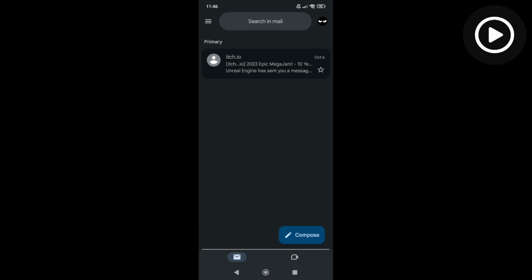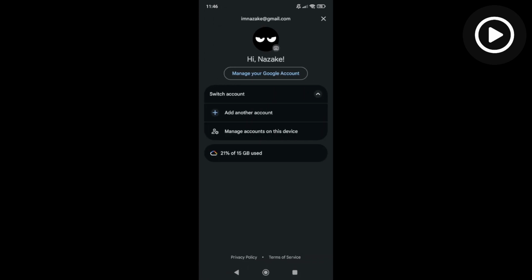How to check logged in devices on your Gmail application in mobile. So first you'll need to open up Gmail and then hit the profile logo on the top right, and then